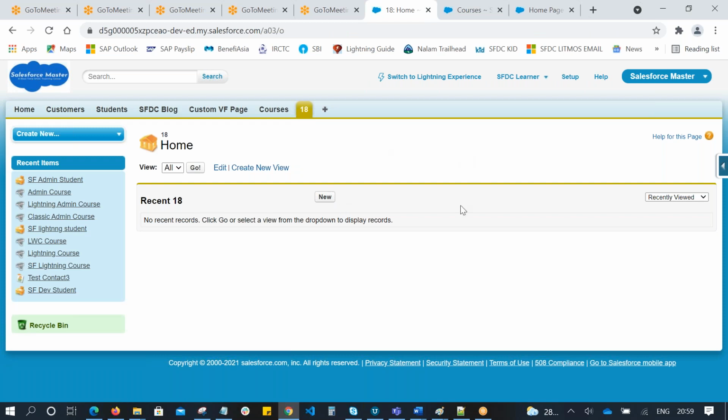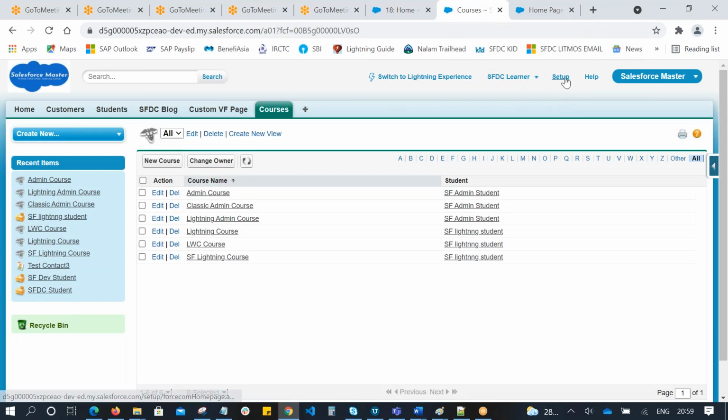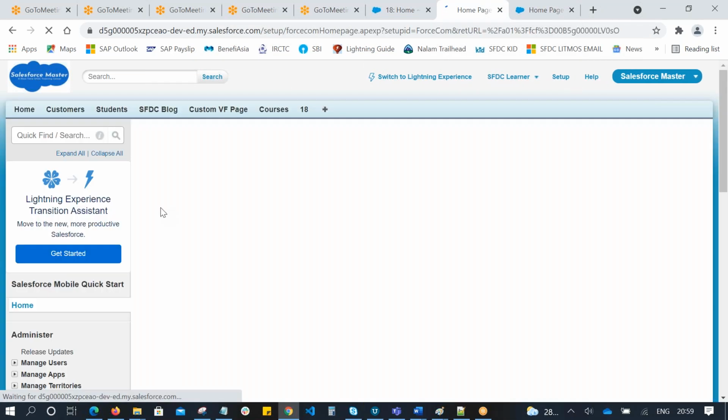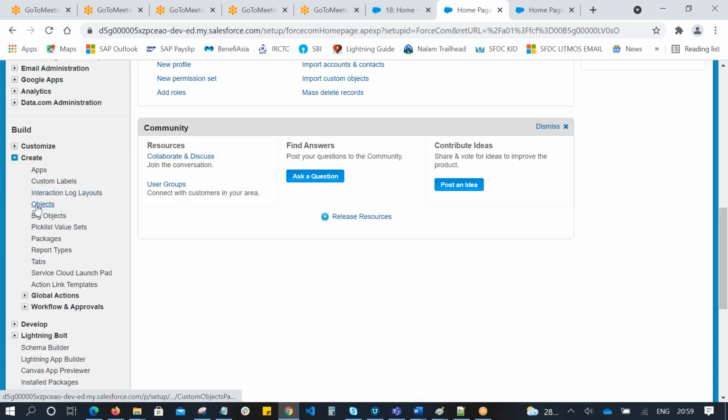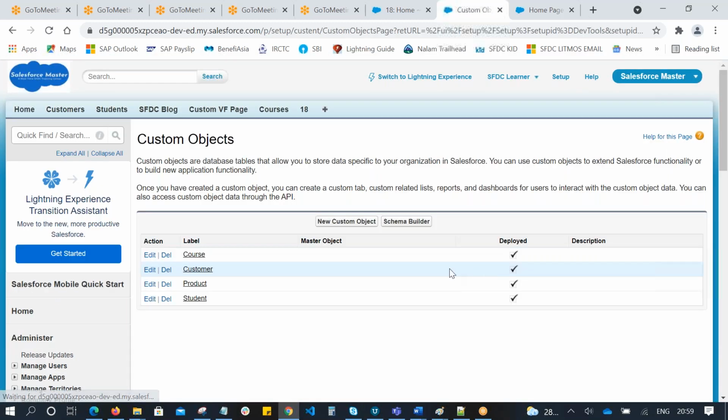I want to create a relationship between the product and the customer. Go to objects, create objects. From product, we have to build a lookup relationship to customer.